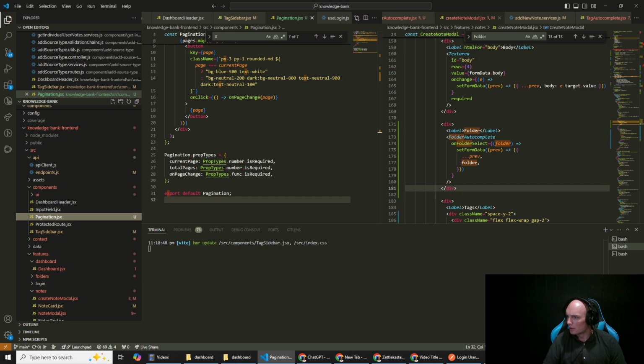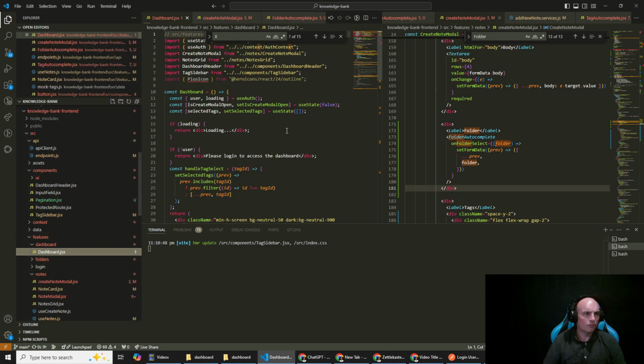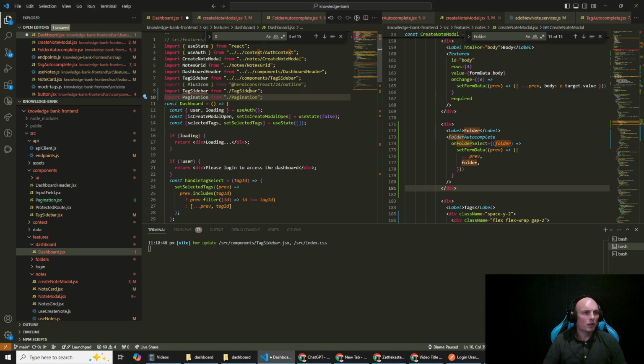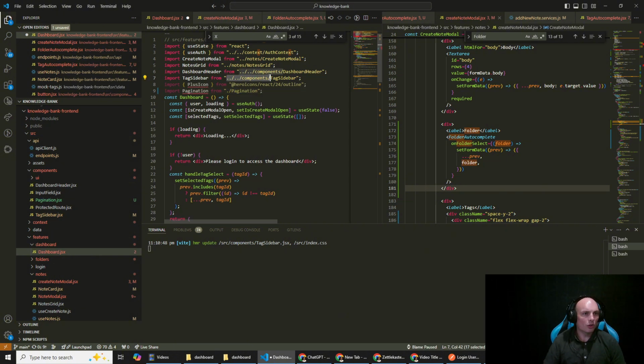Yep. Alright, and then in the dashboard component, we do need to update some stuff. So we're going to bring in, it's already got tag, but it's not going to be importing this correctly. So, and then we need dashboard,